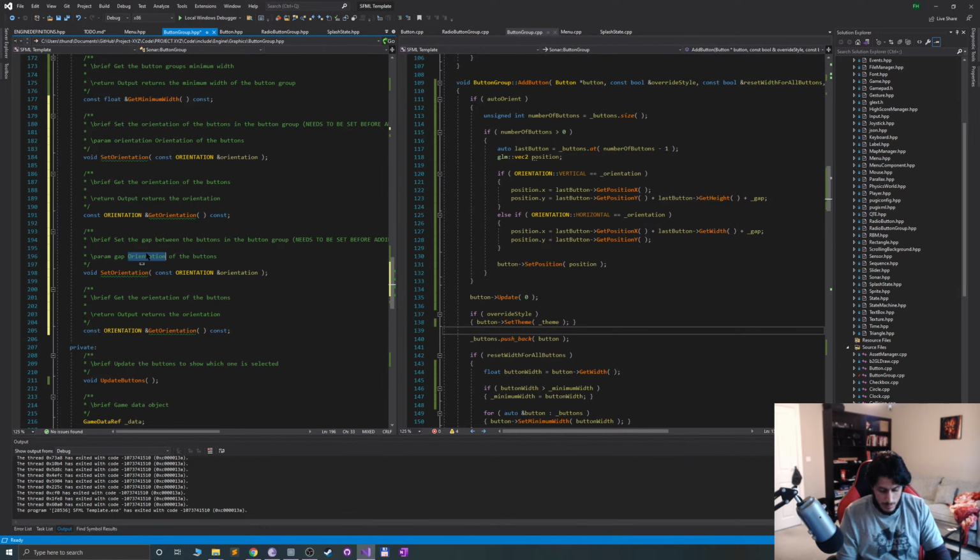Gap between the buttons. Set gap. Get the gap between the buttons. Output returns the